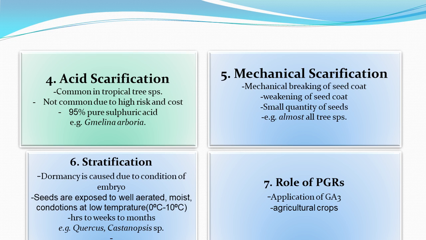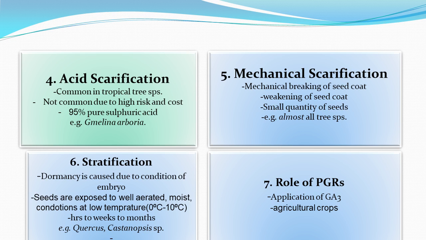In this type of treatment, seeds are exposed to well-aerated, moist conditions at low temperature. The range of temperature may vary from 0 degrees centigrade to 10 degrees centigrade, and the treatment time may vary from a few hours to a few weeks to a few months, and it leads to